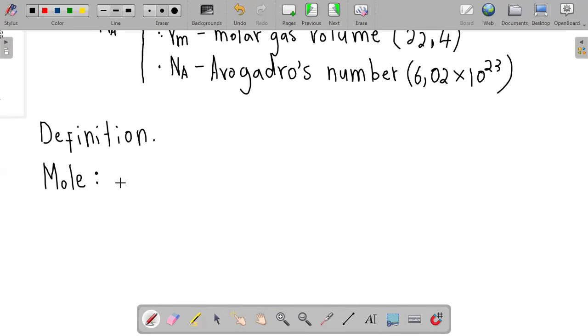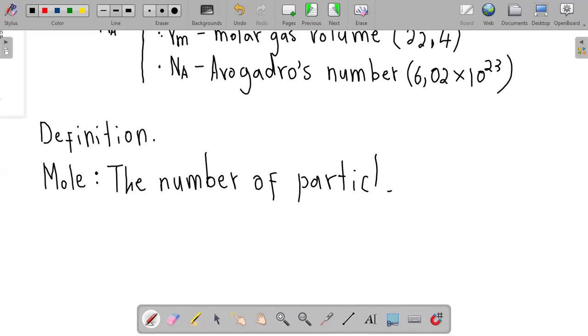We use carbon 12 to define a mole. We use the element carbon. So what is a mole? It is the number of particles of a substance